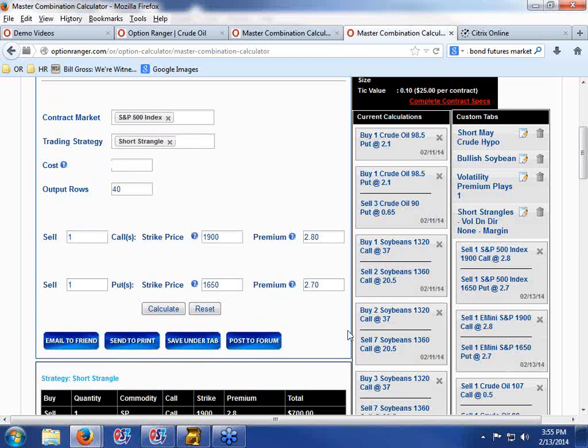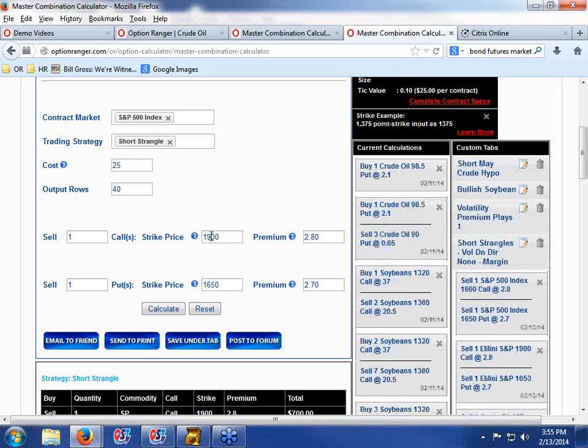Secondly, let me just put in some sort of a default price here. I want to show you something very interesting. If you input things wrong, let's say, for argument's sake, you put things in reverse. Let's say you put in a 1600 put, a 1600 call, and you write them backwards. You're in a hurry, you try to do a calculation, you got a short strangle here,